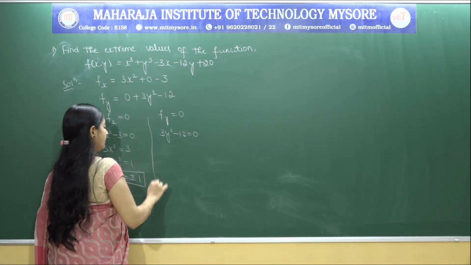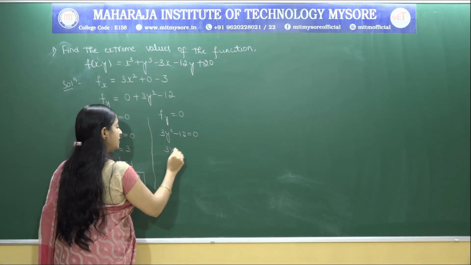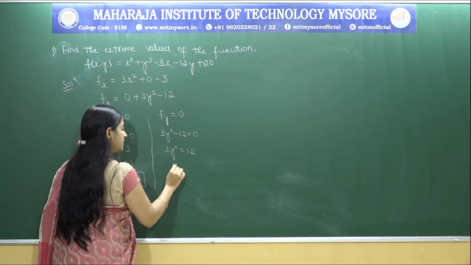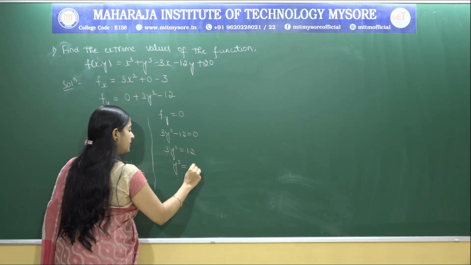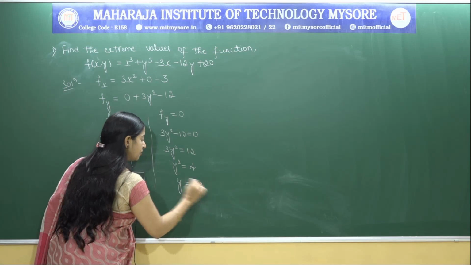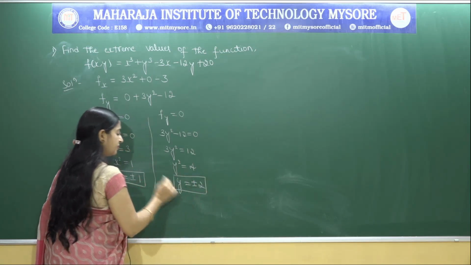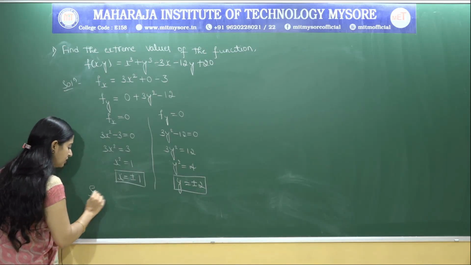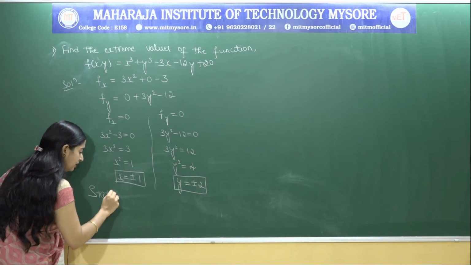So in the second part, it is 3y square equals 12. So y square equals 12 divided by 3, you will get 4 and y equals plus or minus 2. Next, write the stationary points. Therefore, the stationary points are